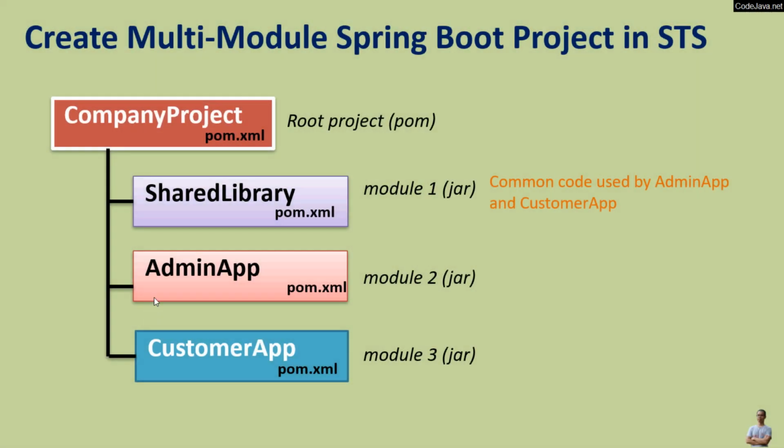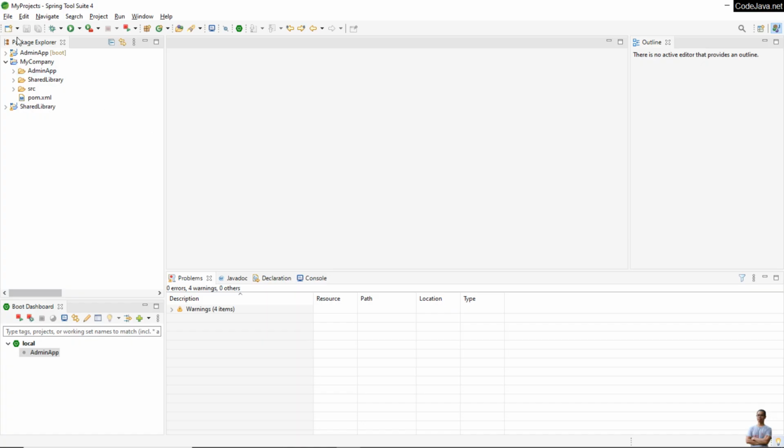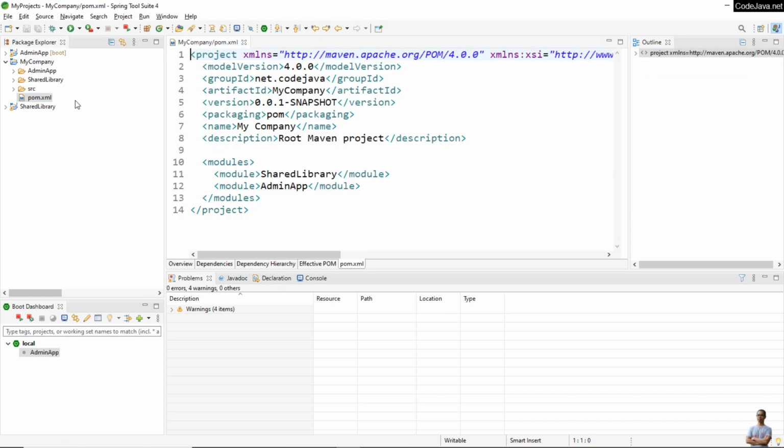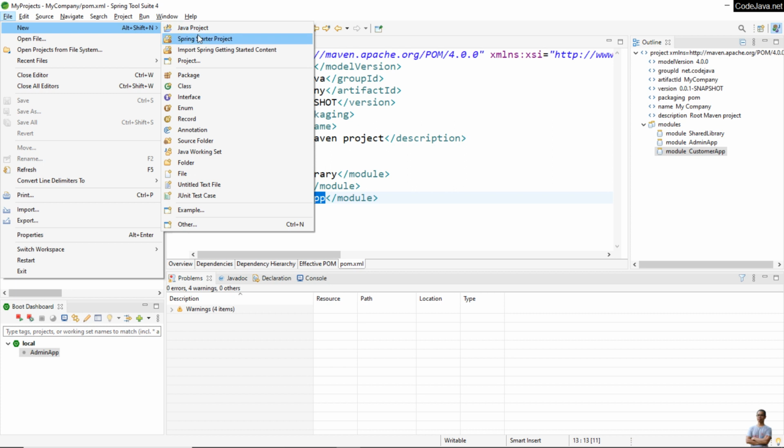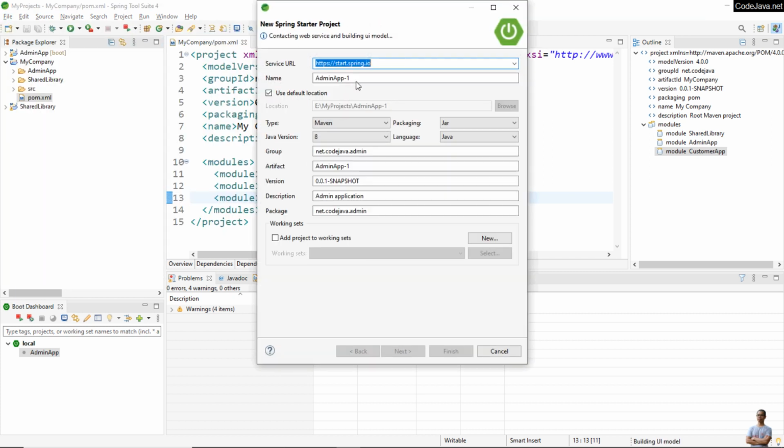Similarly, you can create the second Spring Boot project for the customer application as the third module in the root project here. Okay, so come back to Spring Tool Suite IDE and open the Maven project file of the root project here, and specify the third module with the name CustomerApp, and then create a new Spring Boot starter project here, Spring starter project, and the name is CustomerApp,